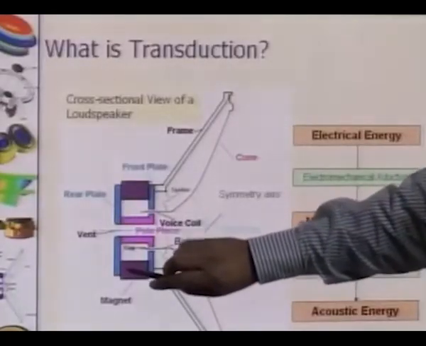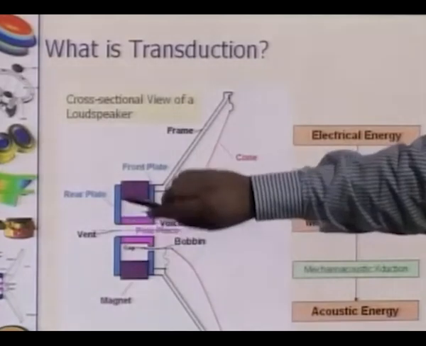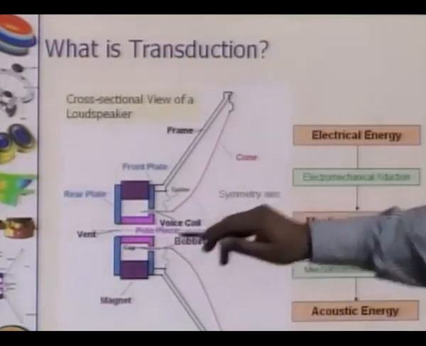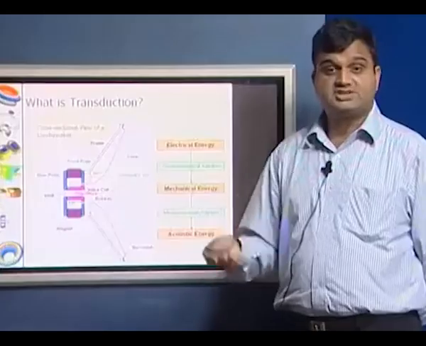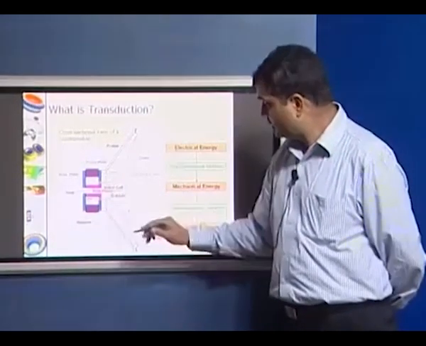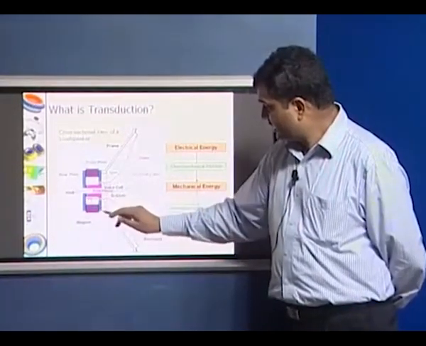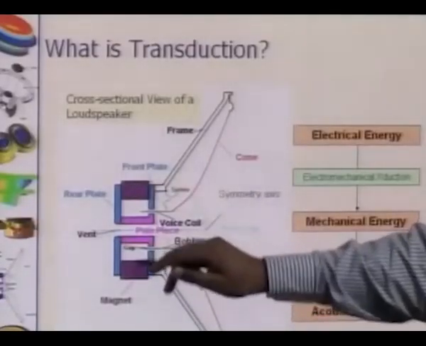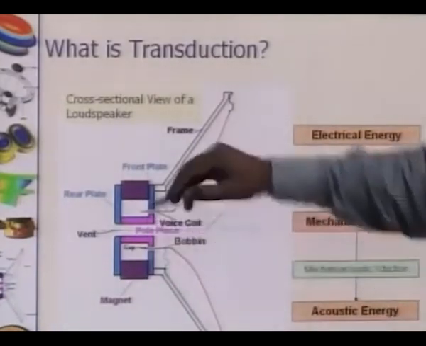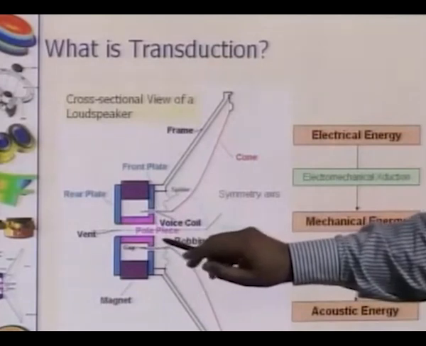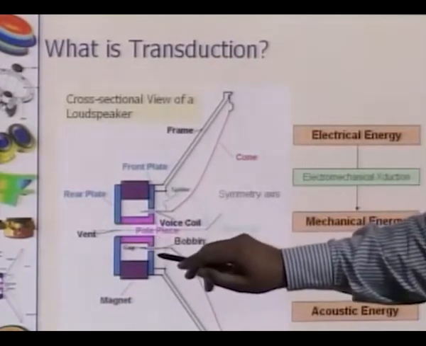Then at the back side you have what we call a back plate or a rear plate, this blue thing. In some of these speakers there is also a hole, because heat gets generated and this hole helps dissipate the heat. So this is what they call a vent. Then between the back plate and another plate called the front plate, there's a magnet. And then there is also a metallic piece which is this magenta in color, and between the magenta piece and the front plate you have this